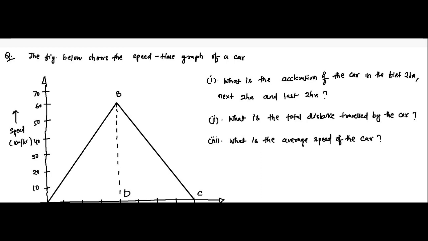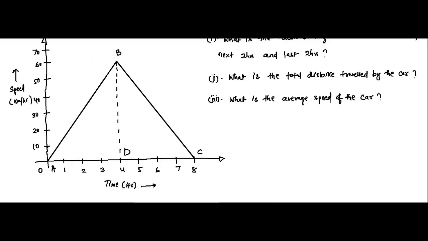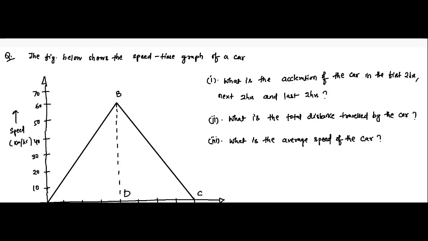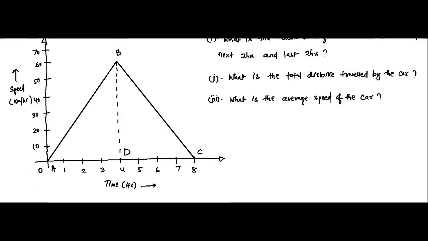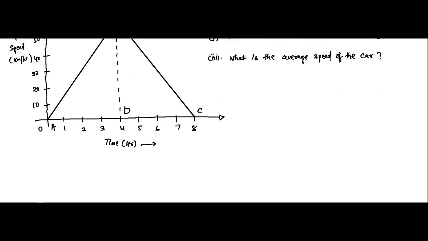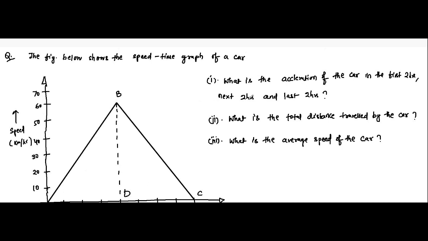So here is another question on graphical analysis of one-dimensional motion. It is given that the figure below shows the speed-time graph of a car. Here speed is on the y-axis in kilometers per hour and time is on the x-axis in hours. We have been asked to find the acceleration of the car in the first 2 hours, the next 2